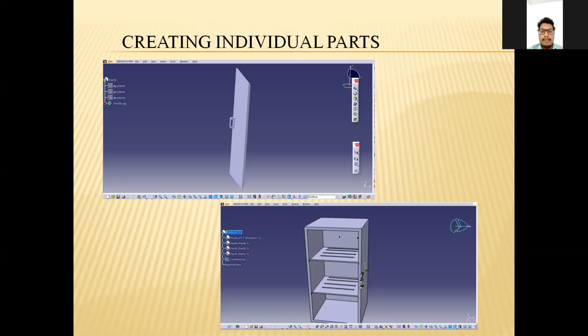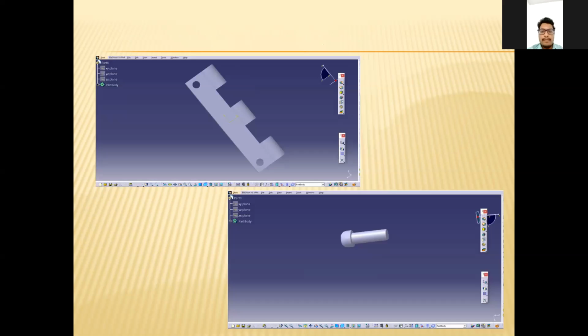And also we can see some minute holes on the walls of the incubator, which are present to insert sensors. And here we can see the third picture, that is the hinge. It is used to connect the door of the incubator and the body of the incubator. And the next picture shows us the nut, which is used to fix all the parts together, sir.